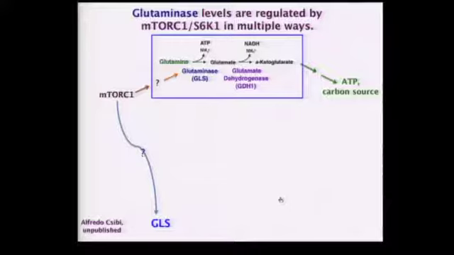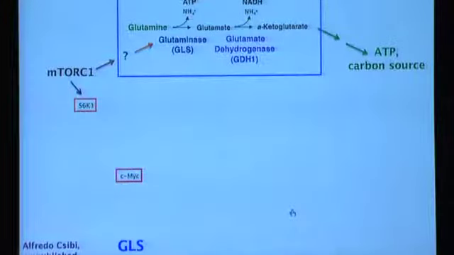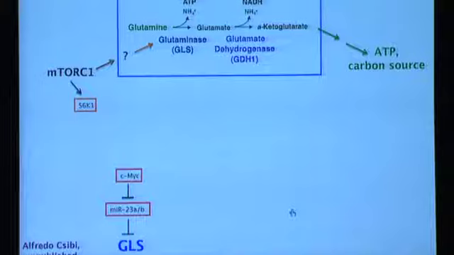Okay, so how does this occur? What's the mechanism? How can we find the intermediates in this pathway? Well, I showed you that S6 kinase is involved, and what we already knew, and I mentioned earlier, is that MYC may be downstream of this pathway. And what was already known was that MYC is upstream of GLS. And the way this works is Qi Dang showed that MYC transcriptionally suppresses the expression of the microRNAs 23A and B, which regulate the expression of GLS. So there were lots of data suggesting a connection between these two, and so we wanted to know what the connection was.